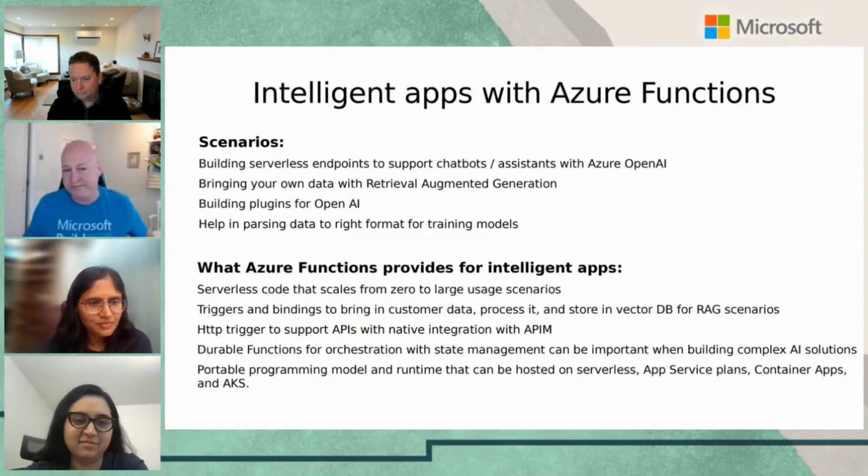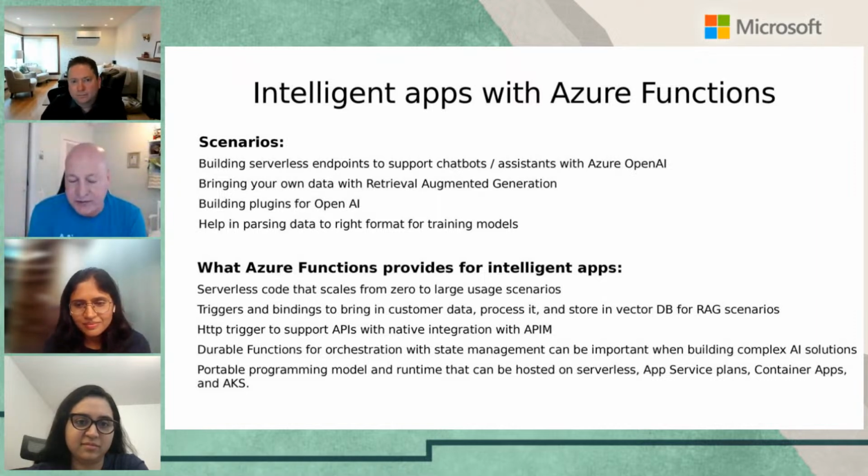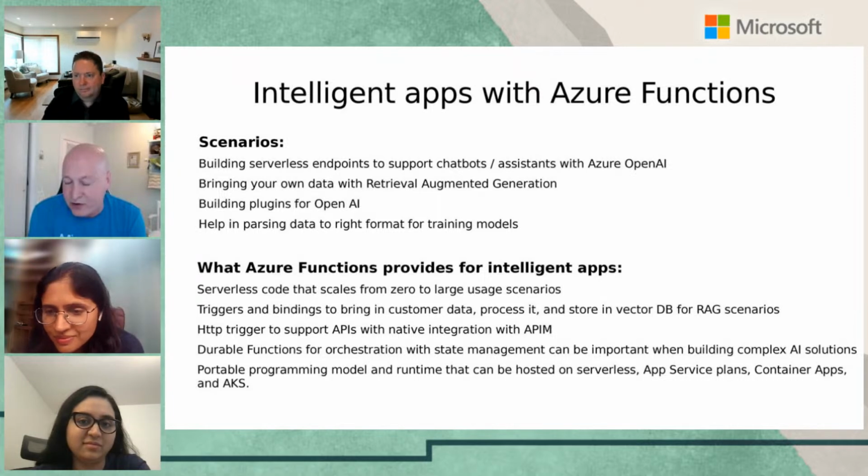So when you think about intelligent apps, and you're trying to add real LLM intelligence, either you built your own models, you want to integrate with Azure OpenAI, or you want to use search functionalities. How do you build that same Copilot experience, that same chatbot experience, and enable that rich interaction from your customers or inside your own organization on top of your own data? There's a whole set of scenarios that open up that's really exciting at the moment.